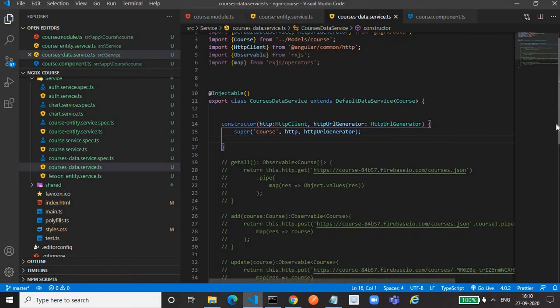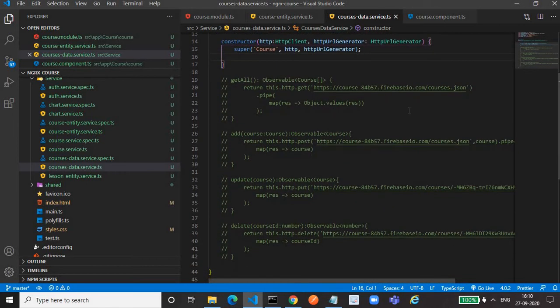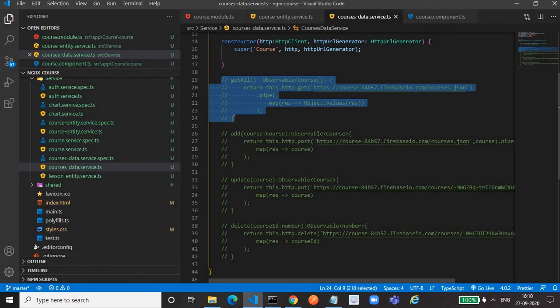So these are the functions. Here I have commented that out because we are not utilizing this one. So these are some functions that I have overridden. Why have I overridden them? Because the URL of my API is different from the URL that NGRX data is expecting. We'll see what it is expecting and how it is expecting. So I am overriding the get all method, add method, update method, delete method.